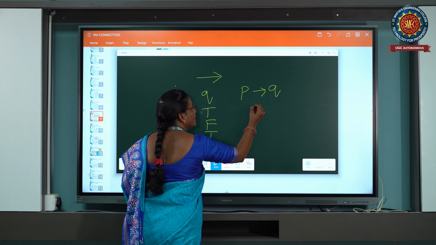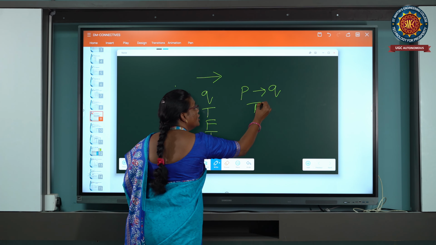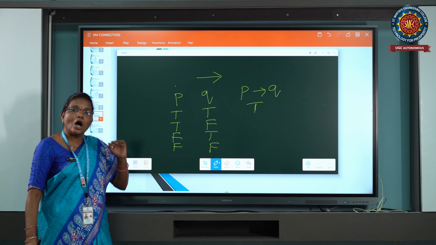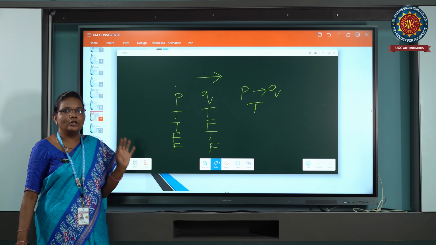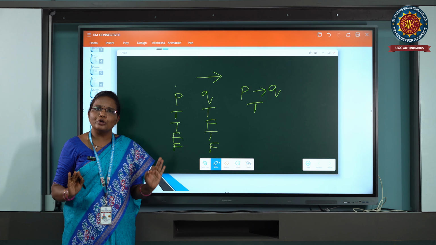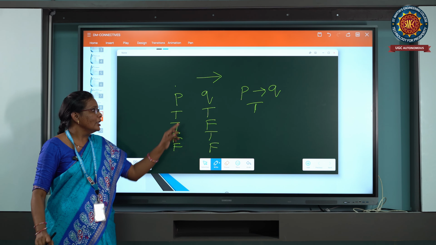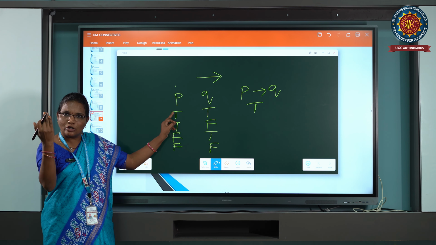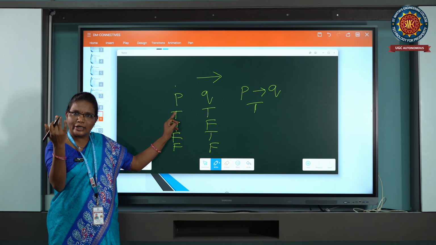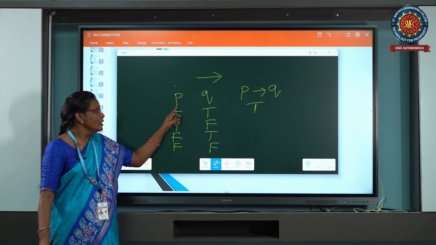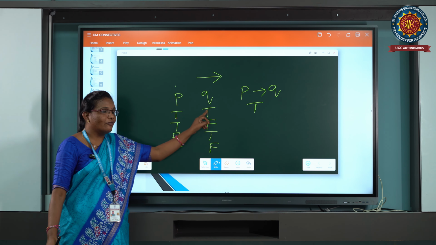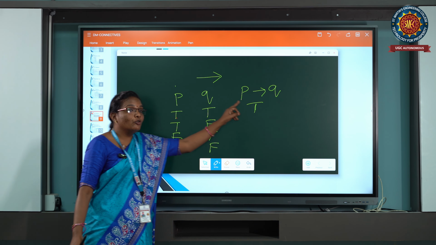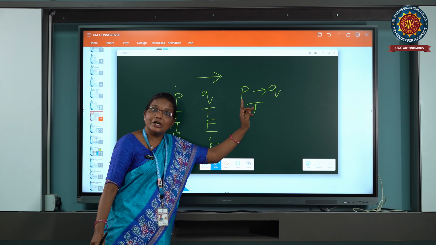Finally you're getting the true value here. How did you get the true value here? Here is a simple example you have to remember. Imagine your exam question paper. You have the right question, and you are given the right answer. The result will be a pass. Pass means true here.